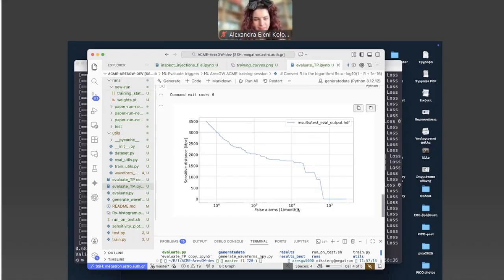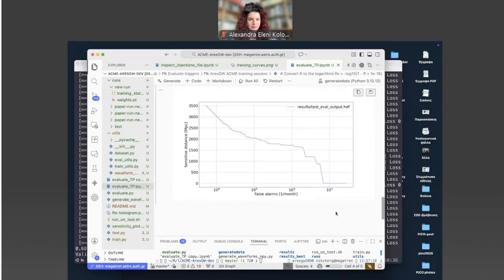You need to download the full dataset, do the full training, apply to the full LVK data, and construct the actual curve that corresponds to the one that we have in the published papers. But at least the low part still more or less agrees. It's just at the high false alarm rate part. You still get it, even with this minimal example. Yeah, but how it continues, you need more and more data and longer running times to reach smaller false alarm rates. Okay, so that's it from me.